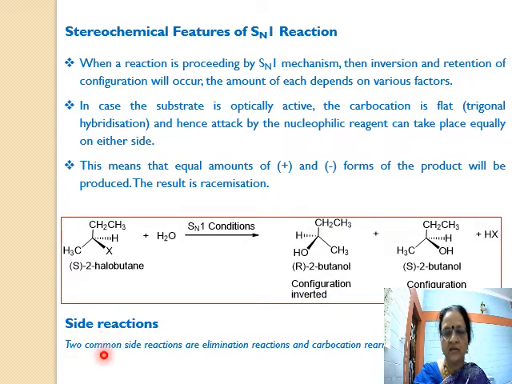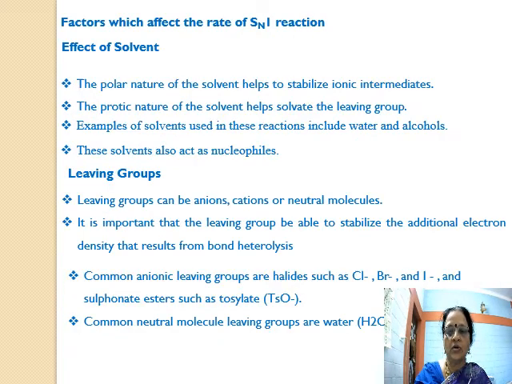Two common side reactions that are possible in the SN1 reaction are the elimination reaction and the carbocation rearrangement. Now what do you mean by elimination reaction? If you have a halogen present here, then there will be elimination taking place to give the alkene, and it is not in your syllabus. Just remember that you can also have rearrangement. The carbocation will rearrange itself to give the most stable carbocation. Among the primary, secondary and tertiary carbocations, the tertiary is considered to be more stable. So it will shift itself in such a way that you get the more stable carbocation,